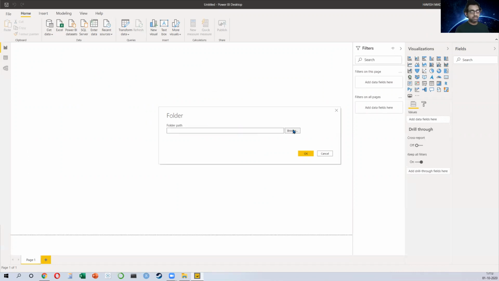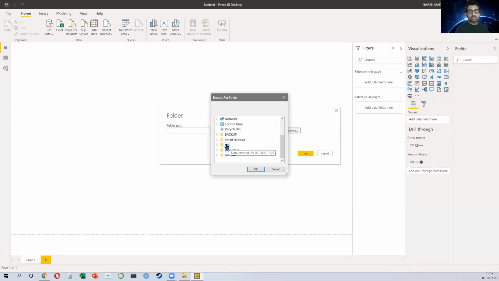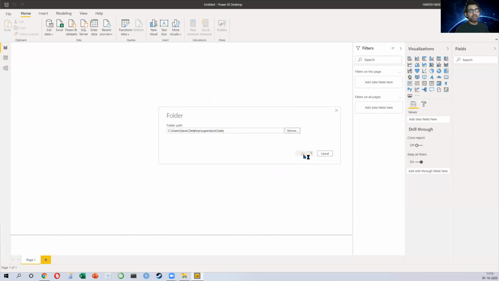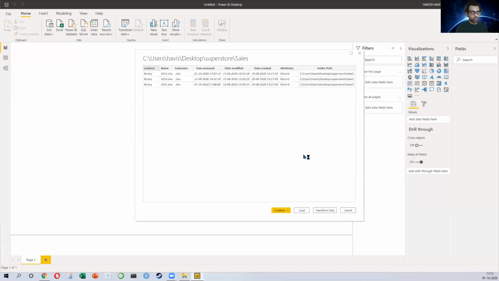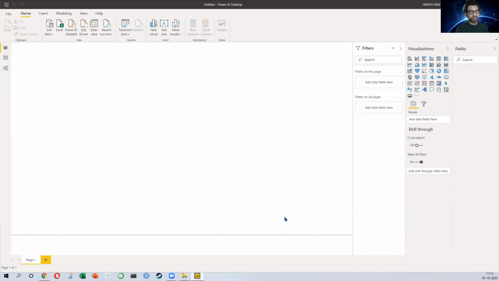I will just select my folder path. So I will go to my desktop, select Superstore, and then select sales and press OK. Now, the first thing that Power BI is going to do is to confirm that there are 3 files in that folder. So it is telling me there's 2013, 14, and 15. The other information is just metadata. We are not concerned with that. Now, I know that there are 3 files, and I'm assuming that they're all the same format. The years are different, the number of rows are different, but obviously the columns will be the same because it's transactional data. How do we combine it? We click on combine and transform, the very first option.